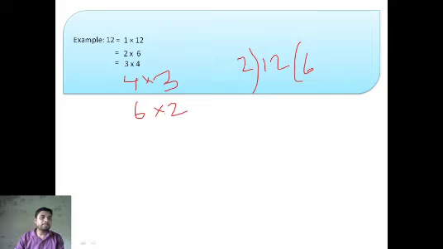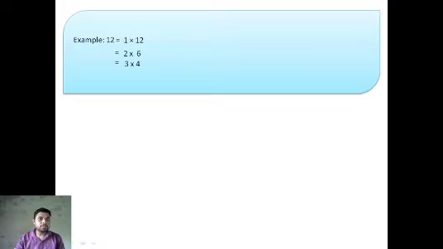Okay, in the same way, but listen, as here 3 4 and 4 3 are the same, 2 6 and 6 2 are the same, we will not write them again. So we can divide by 1, 2, 3, 4, 6, and 12, and we will get no remainder. That means we can divide 12 exactly by these numbers. Is it clear? Okay, so these numbers are called the factors. So the factors of 12 are 1, 2, 3, 4, 6 and 12.